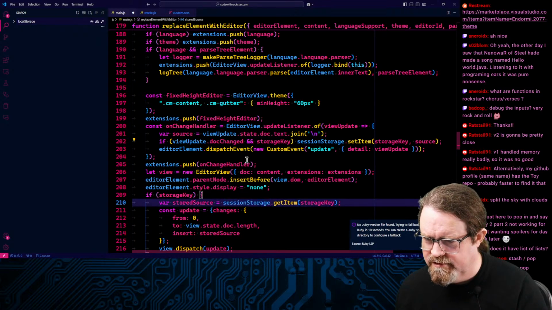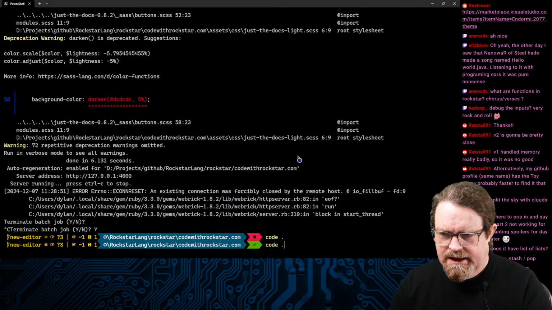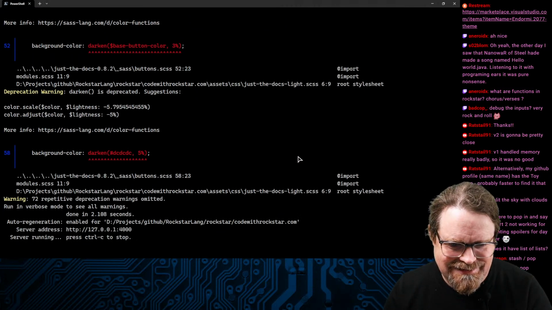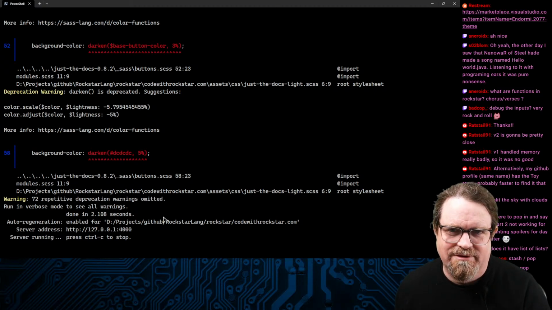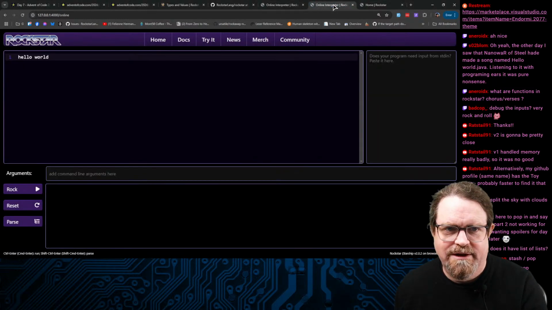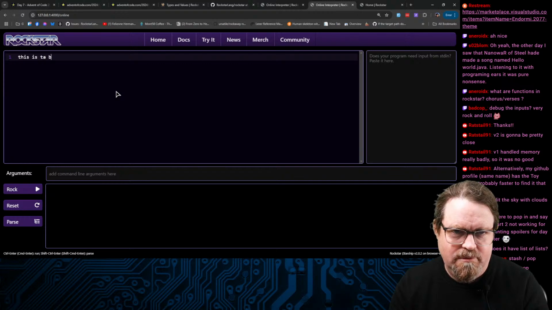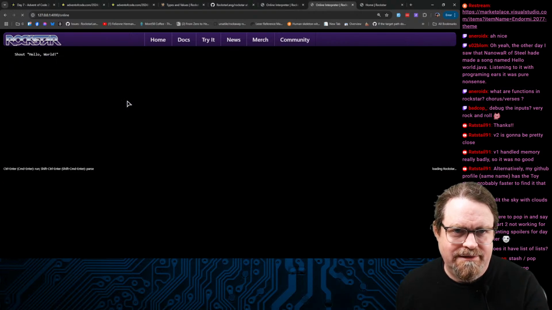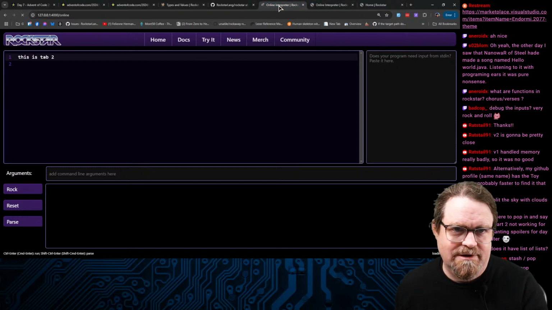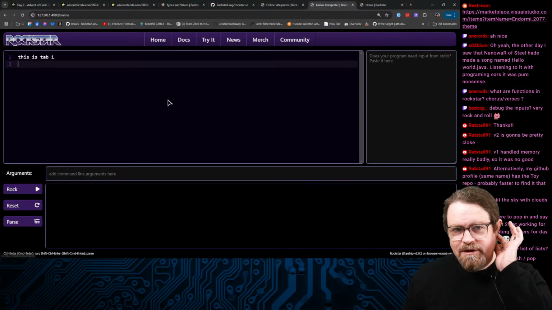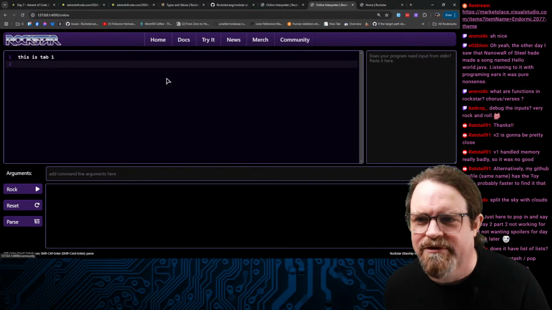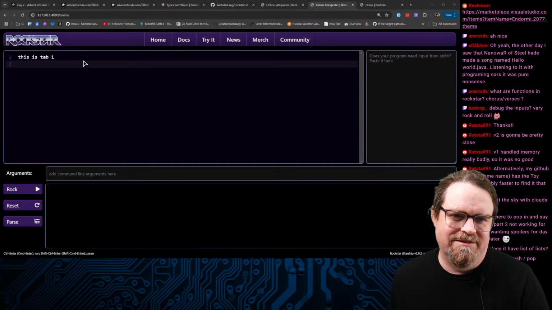Session storage, yes, yes. And bundle exec Jekyll server. I think that should mean that I can get live storage in a particular browser tab. So let's take a look here. So we'll reload that, we'll reload that. This is tab 1. Reload that, this is still tab 1. This is tab 2. Reload that. This is tab 2. This is tab 1, tab 2, tab 1. Okay, good. So now I basically have like an MDI type interface, where I can do multiple browser tabs and have programs running in them side by side,